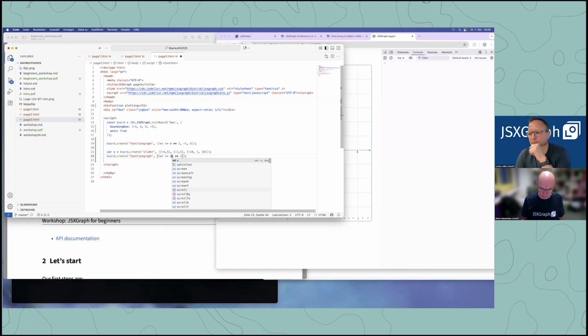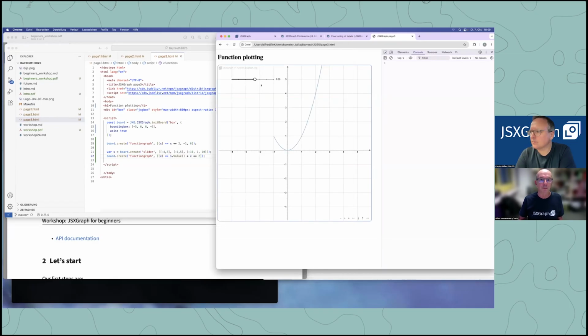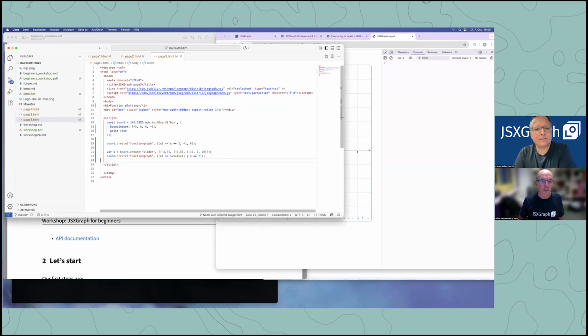Take this s and take its value. So it's s times x squared, and let's do this plus minus 4 to separate